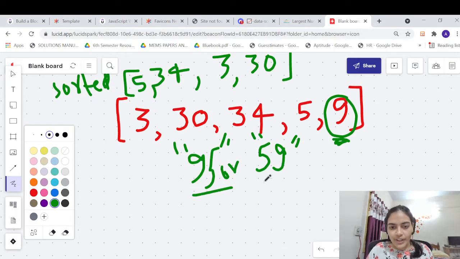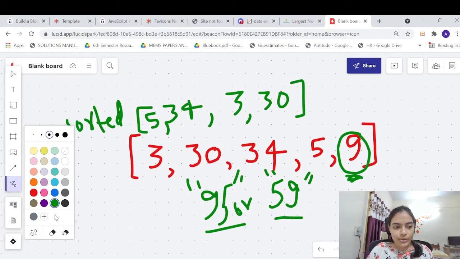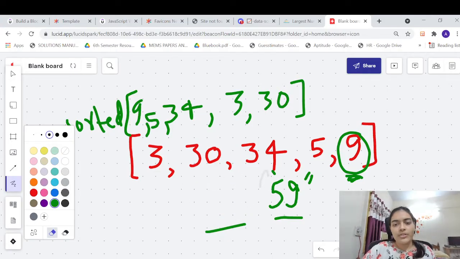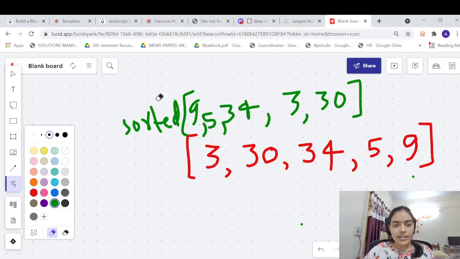The string 95 is larger than 59, so you are going to put 9 before 5 in your sorted vector. So this is your final sorted vector and this is your answer.